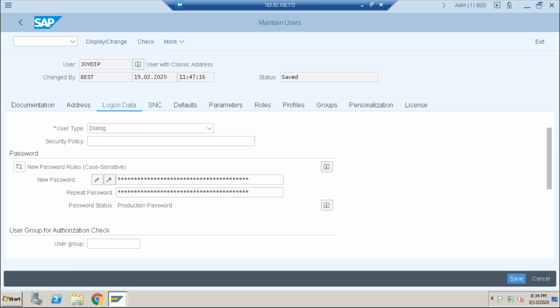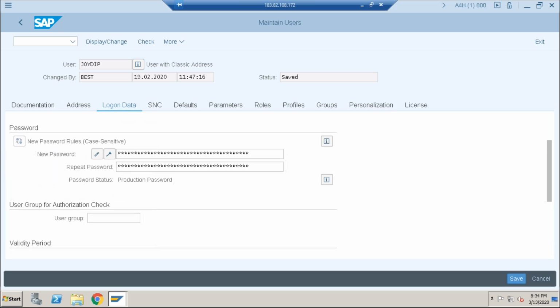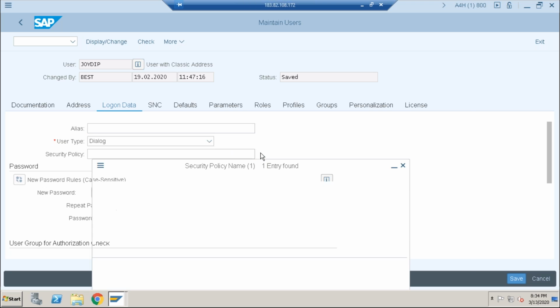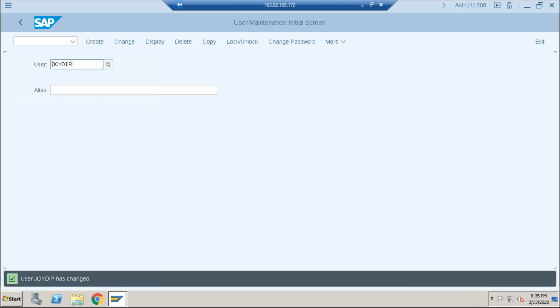Just assign the policy with the browse option. Save it, that's it. Now is the user following that security policy or not? What are the things implemented? Is it following that security policy? Okay, that is by default.